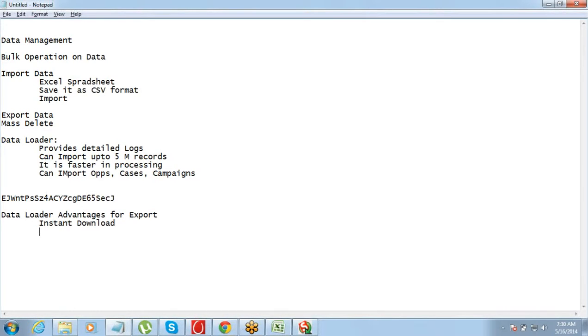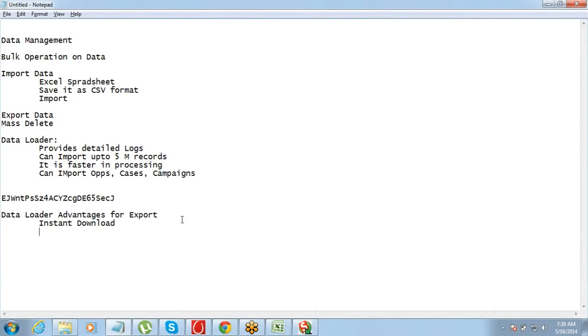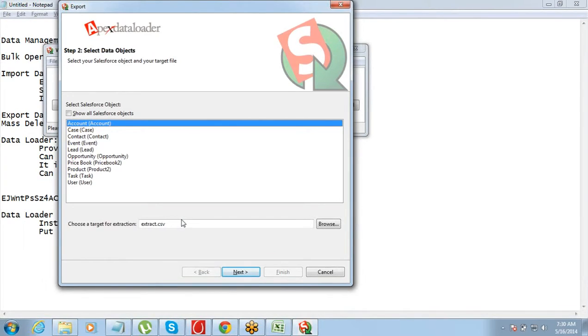Second thing that we can do with this export option is data loader export. We have that option of putting queries on the data. So you have the option of putting a query on the data that you want to export. If you remember, the export we just did did not have any query option. You select account, it will export all the accounts. You select leads, it will select all the leads. What if I want to select only the accounts from a particular country? Or if I want to export only 4 fields of data? That option was not there, right? So here we have that option.